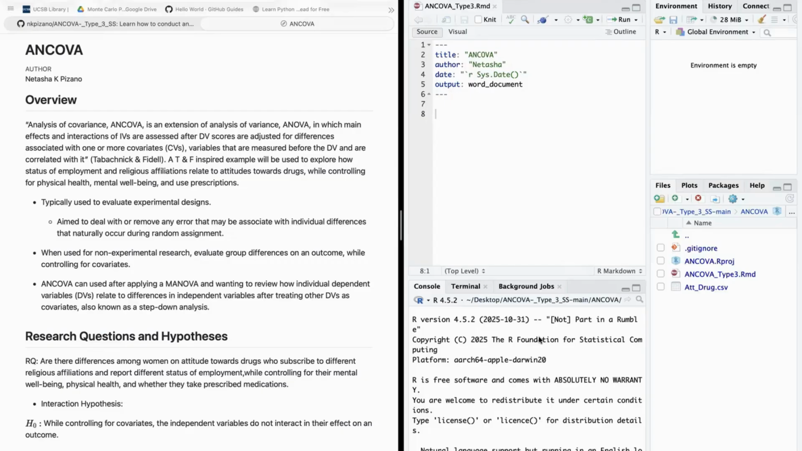And so in this example, we're going to be exploring the relationship between a woman's employment status and their religious affiliation and how that relates towards their reported attitudes towards drug prescription use, all while controlling for their current physical and mental health, along with the number of prescribed prescriptions. And so we can see how ANCOVA can be used for a non-experimental research design,